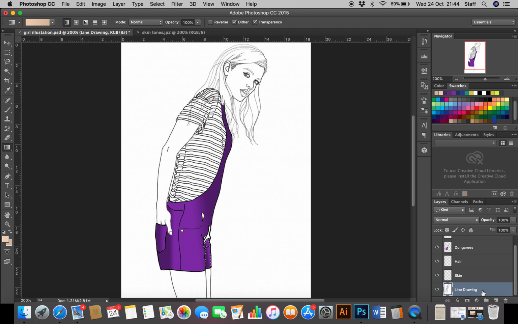I'm going to come down to my line drawing layer, pick up my magic wand, and I'm going to select my skin section. I'm then going to go onto my skin layer. I'm going to pick up my gradient tool and I'm going to drag and fill the skin tone. So at the moment we're looking at a banding of gradient colour that goes from dark to light,